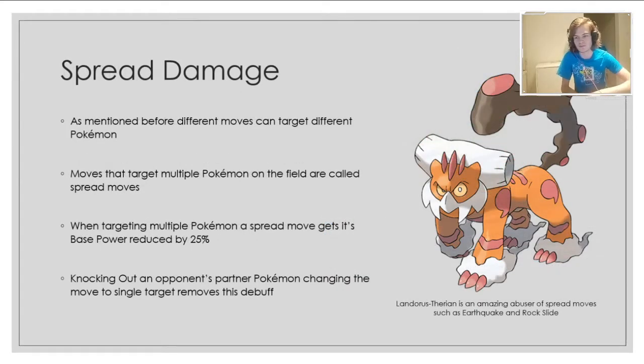And as mentioned before, you've got the spread damage. So I mentioned that Pokemon can attack multiple Pokemon at once through the use of certain moves. Now, 2 really big examples of this are Earthquake and Rock Slide, which this Pokemon Landorus is very good at using, and is also commonly found running it. Now, spread moves that attack multiple Pokemon are called spread moves, as I said, and one thing to keep in mind, the main thing to take from this, is that spread moves do 25% less damage if they're targeting multiple